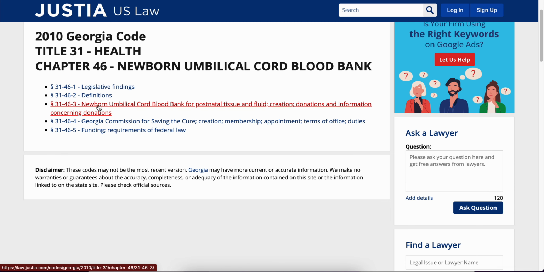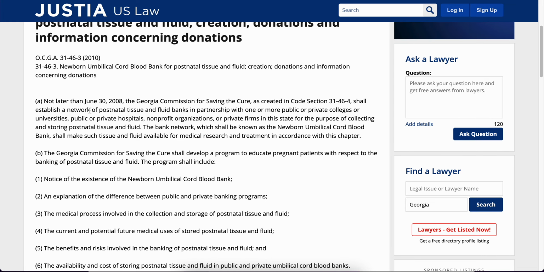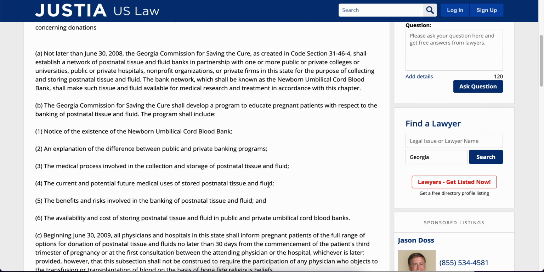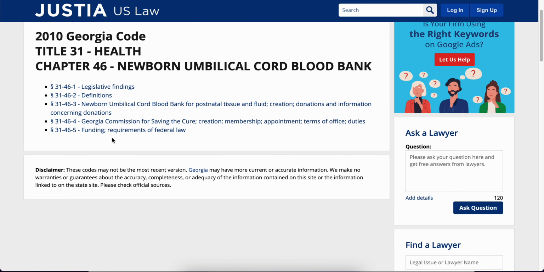Let me see what it's going to say right here. Donations. Okay, creating stems network. Yeah, you can see this for yourself. It's saying the same thing. It's really going into details about how they monetize this stuff. That's what they're using. Blood banks. Yeah, I ain't gonna go through all that because that's gonna get me off topic.